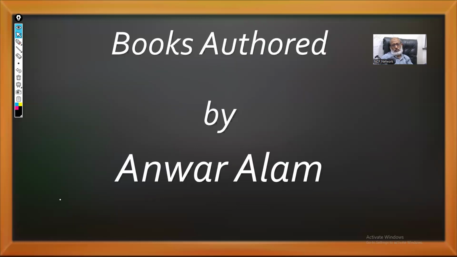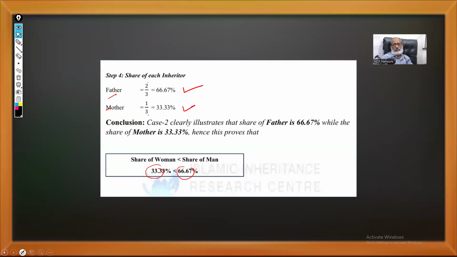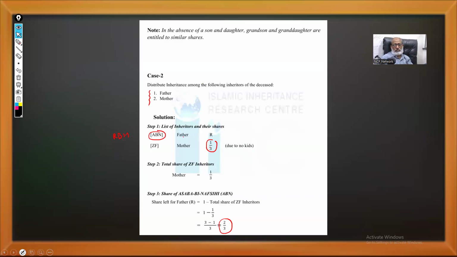Assalamu alaikum, sir. Walaikum salam. I have a question. I thought it is said that father and mother are primary heirs. Just wait. If you are asking a question, please go slowly, point by point, one by one. My doubt is: why are son or daughter not primary heirs in some cases?